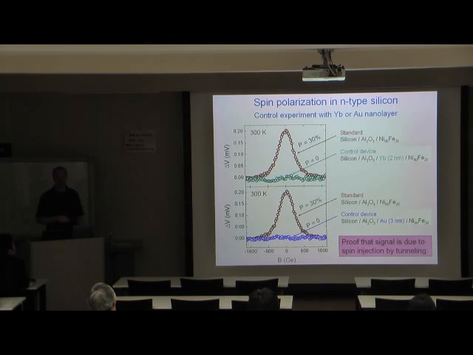case disappears. However, if the signal that we measure here would have been due to artifacts, for example due to AMR type of effects in the ferromagnets, or to fringe fields that the ferromagnet produce and affect the current in the silicon, all of those artifacts should still be there because the ferromagnet is still there, the current is still running the same way. However, we see that the signal nicely disappears as we expect. So this is a proof that the signal that we measure is really due to spin polarized tunneling into the semiconductor.